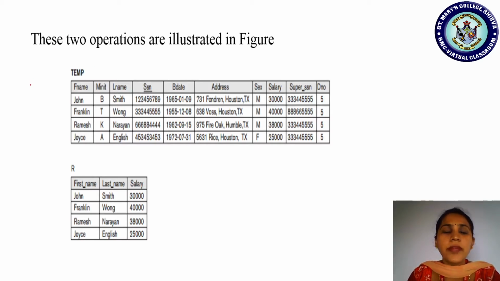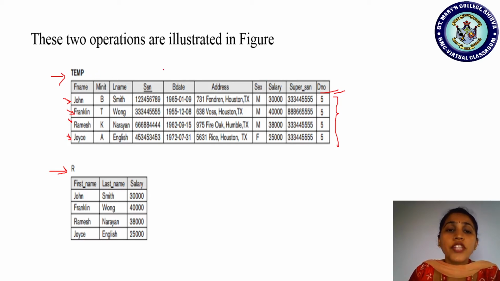Observe here, the previously discussed operation is shown with this representation. So temp and R, right? Yes. Temp is storing the intermediate result, that is the select operation. Select from the employee relation those who work in department number equal to 5. See, the department number values are all 5. Select only those tuples. Yes, John, Franklin, Ramesh, Joy. So only 4 are working in department number with value 5. So those records are stored in which relation? Temp relation. Now, the project is applied.